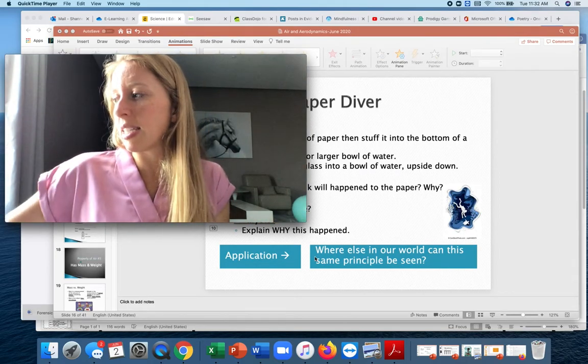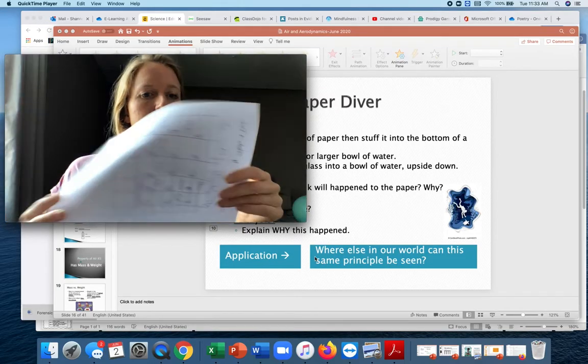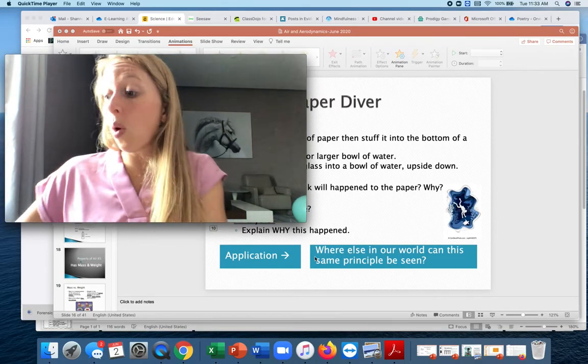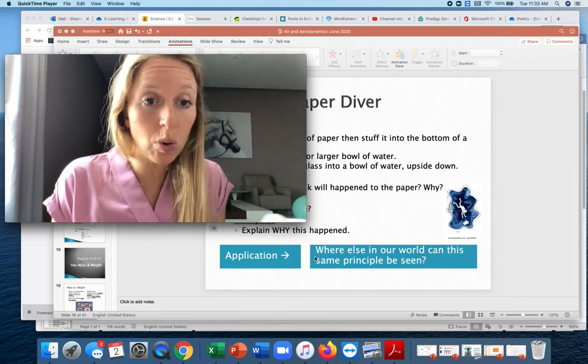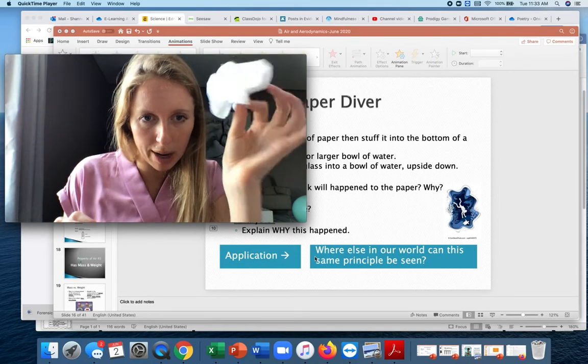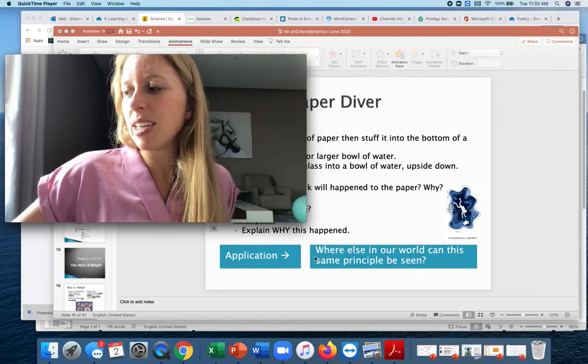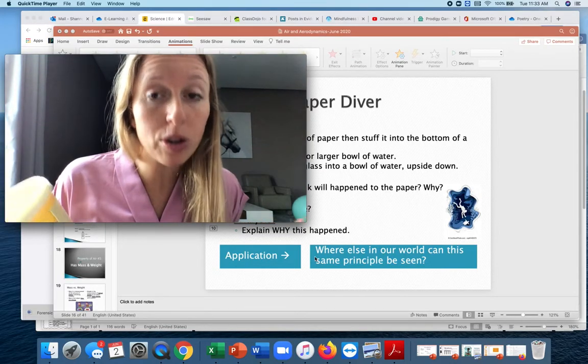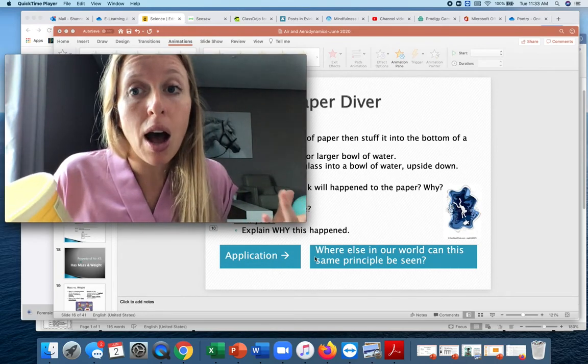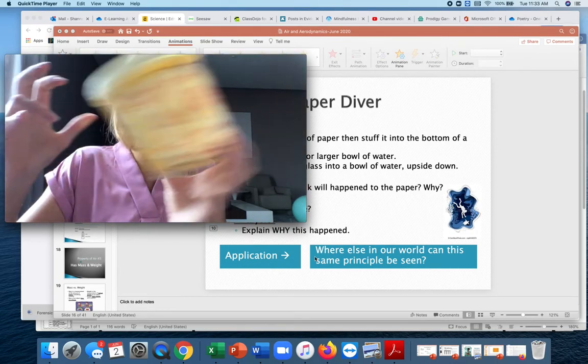It'll work with a single loose piece of paper, or you could use a Kleenex or a bit of tissue. Just one piece. And then you need a bucket, or you could go to your sink or your bathtub. I'm using an ice cream bucket.